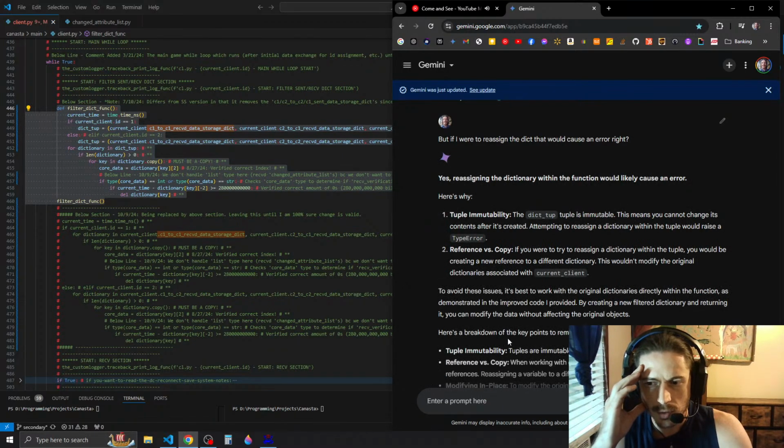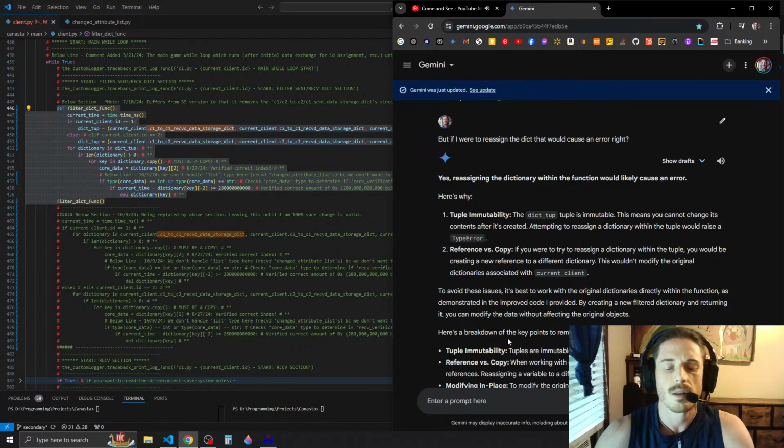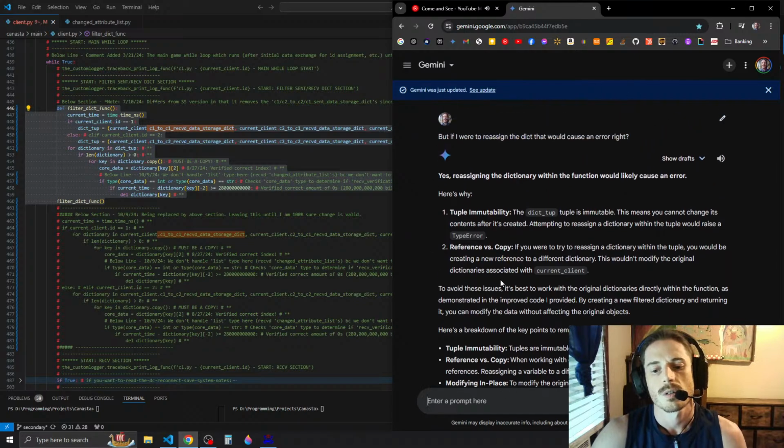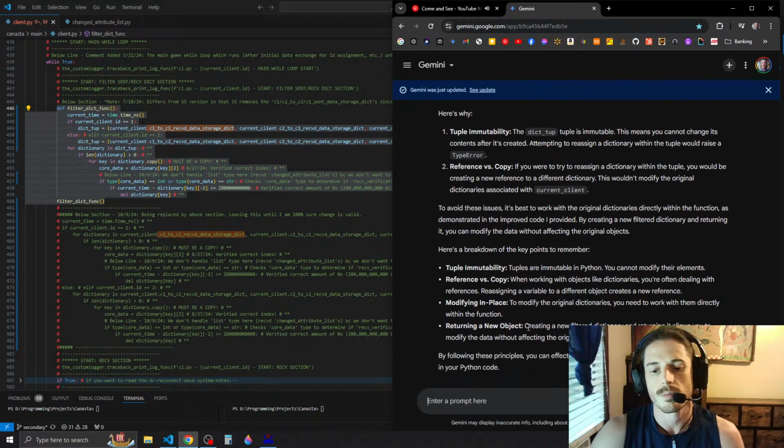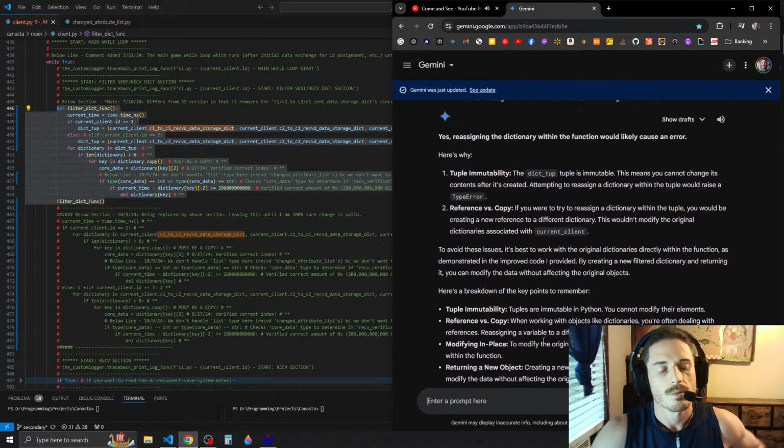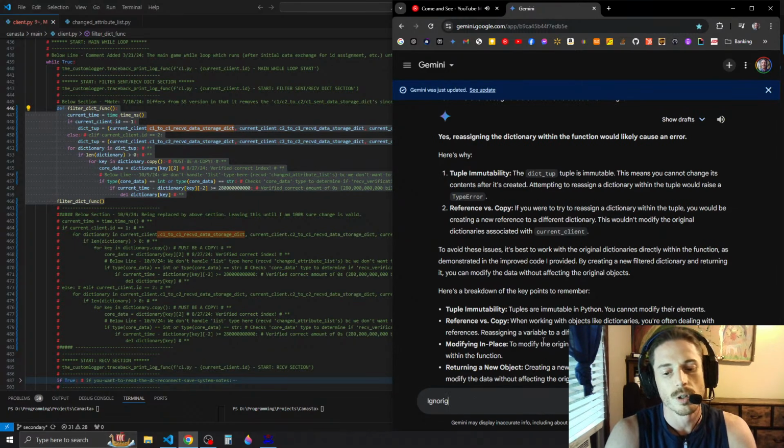Yes, reassigning a dictionary within a function would likely cause an error. Tuple mutability. The dict tuple is immutable. This means you cannot change its contents after it's created. No, not like that. Well, he's actually right, but I meant, okay, ignoring the type error you mentioned,